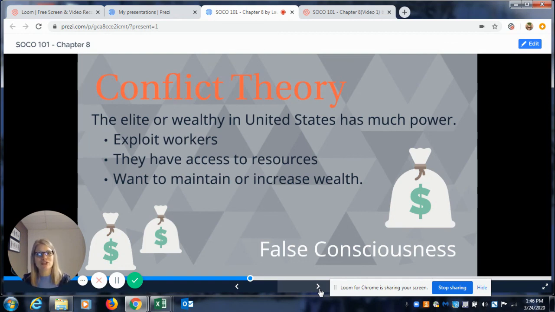But what usually happens is that in these big corporations, where you have these elite and very wealthy owners at the top, they are usually making extreme profits at the expense of their low-wage workers, their entry-level workers who are making just minimum wage. And that's where this stratification is created. What those people at the top want to do is maintain their elite status, maintain their profits, and get even more wealthy.